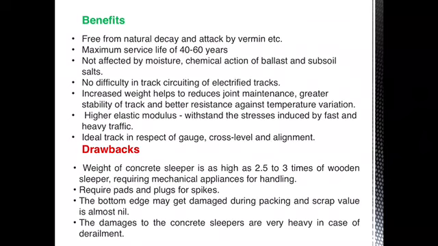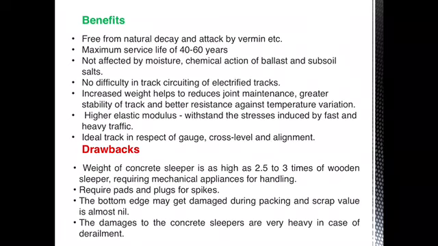Also the increased weight of the concrete sleeper reduces joint maintenance, and the track will have greater stability and better resistance against temperature variations. The concrete sleepers have a higher elastic modulus, and hence can withstand the stresses induced by fast and heavy traffic. It is also an ideal track with respect to the maintenance of gauge, cross level, and alignment. Right, but the drawback here, the weight